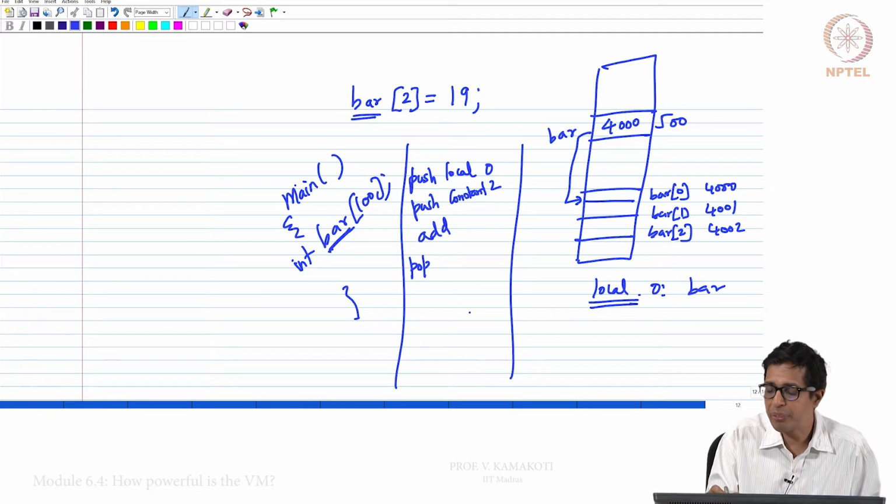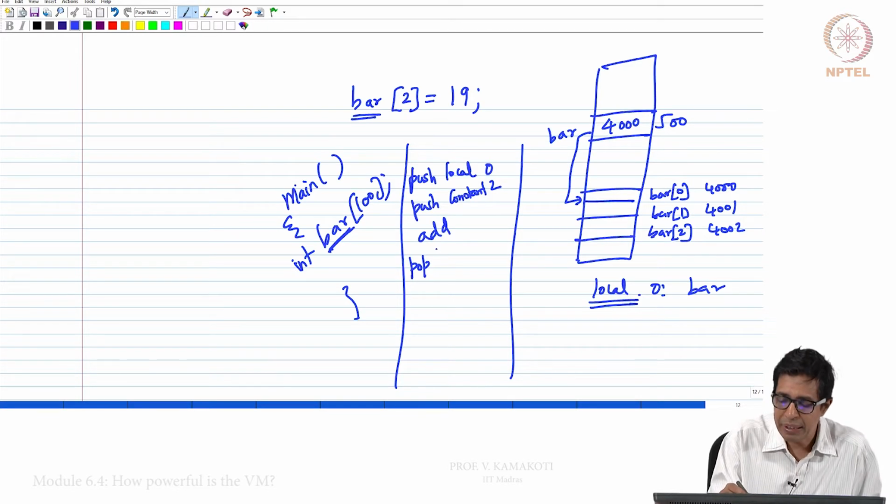What will be on top of the stack? Because I pushed local 0, 4000 is on top, then push constant 2, 2 is on top. When I said add, 4002 will be on top of the stack. Now, I am popping this value into what we call pointer 1.